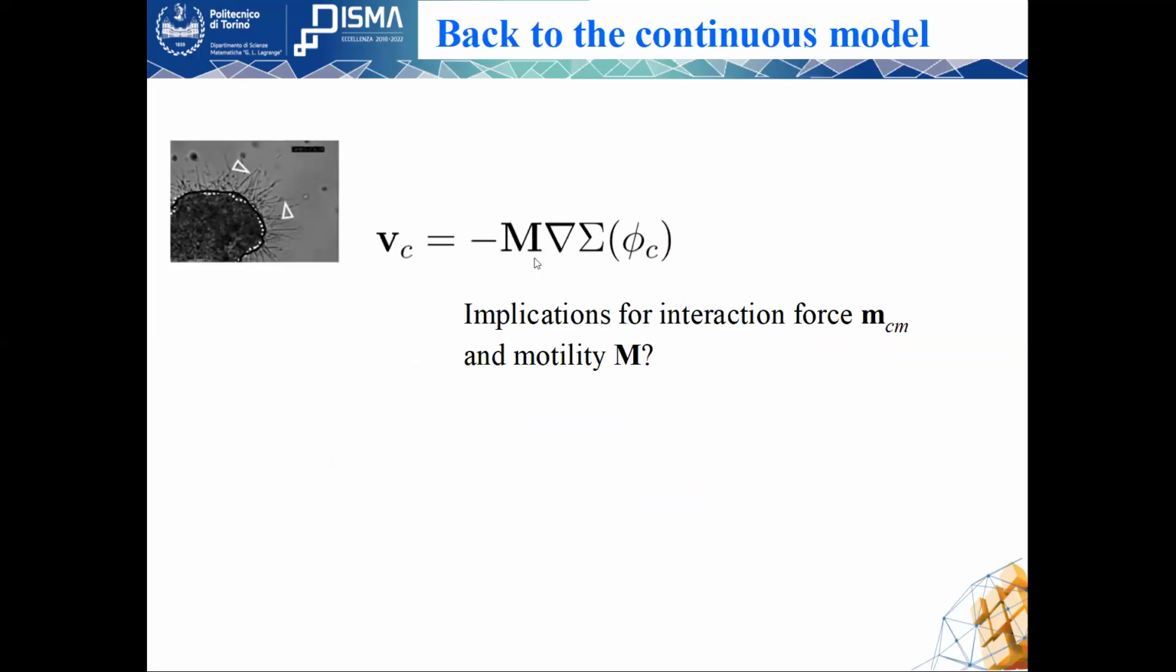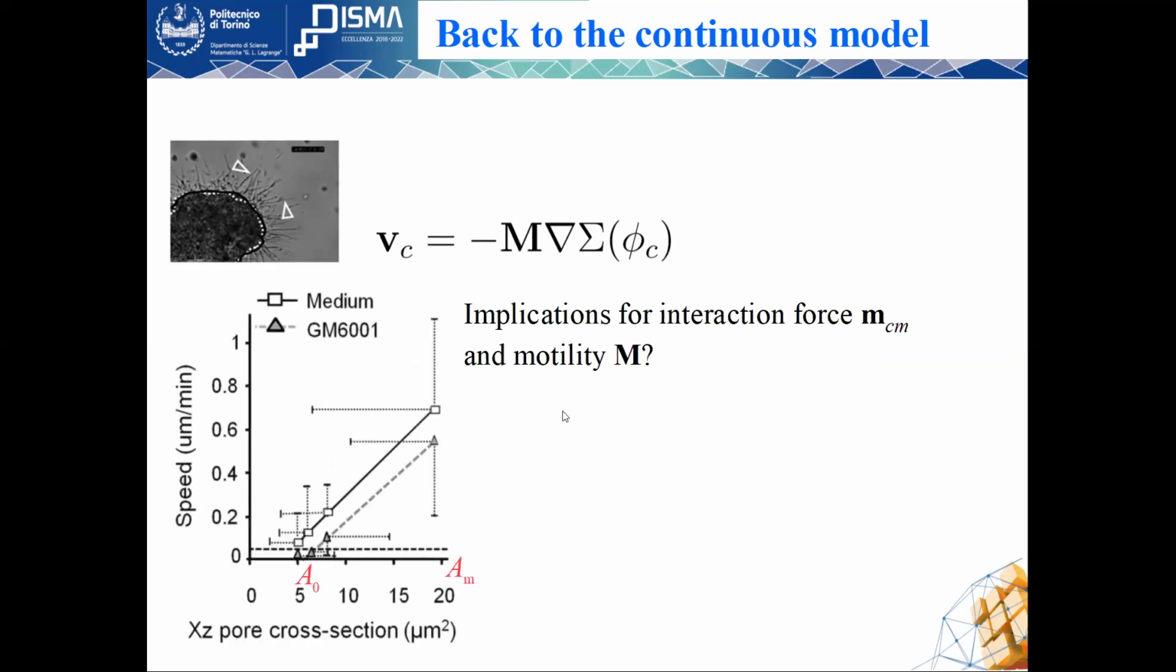The thing has to do with the motility tensor. Because what I'm saying is that the motility tensor is decreasing with the pore area. So you see here you have an experimental graph of the speed with respect to cross section. Sorry, the speed is essentially zero when the cross section is this critical cross section,